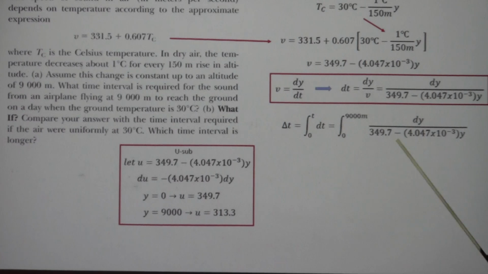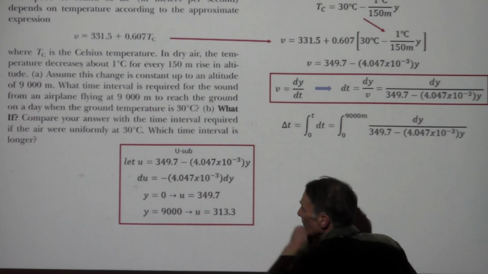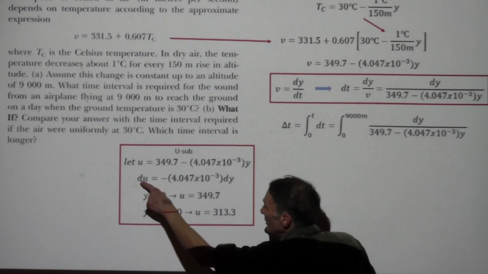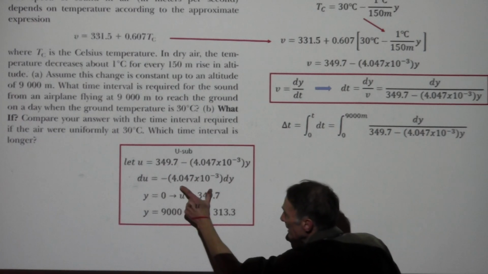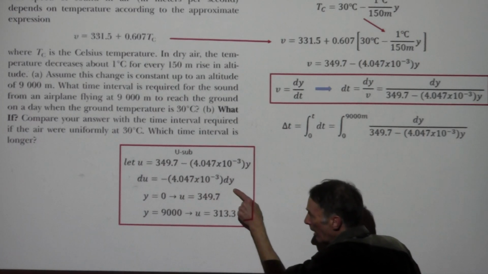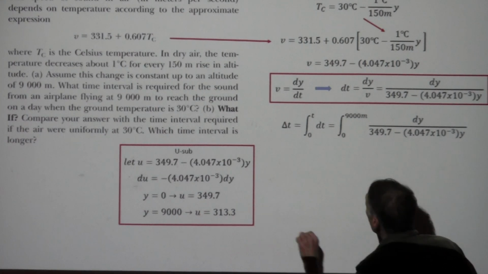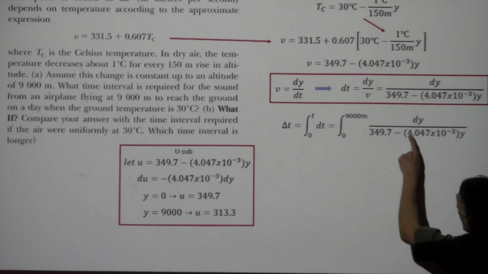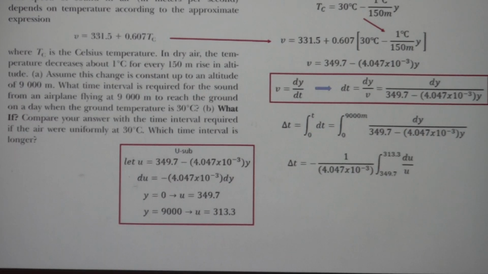And we need a u substitution for this. Probably we've got all of this, so let's just let u equal that. Then we need a du, so we take the derivative. This is constant. We've got a y here, so I would get a du dy. We're also going to deal with some limits. I'll come back to these. So when we do the u substitution,